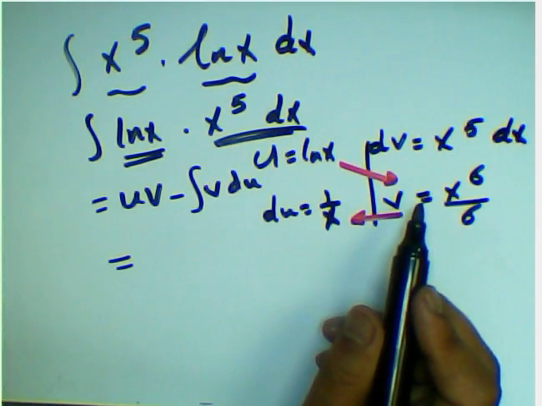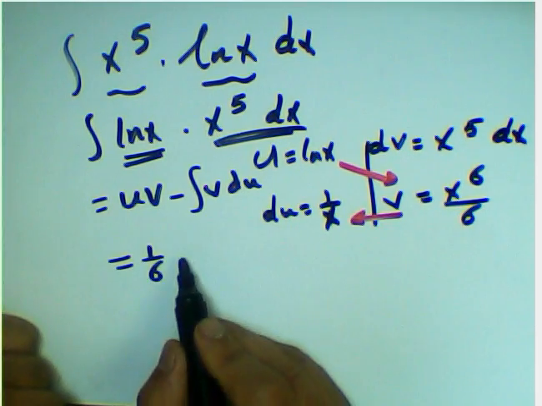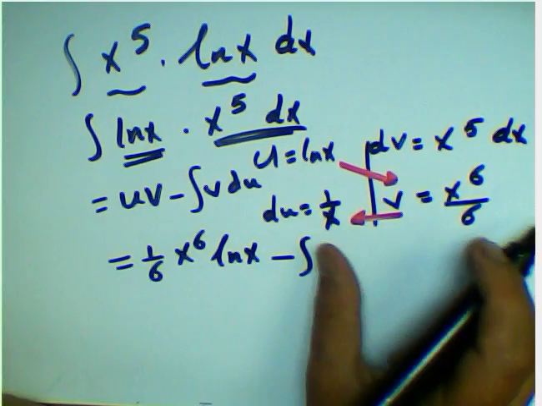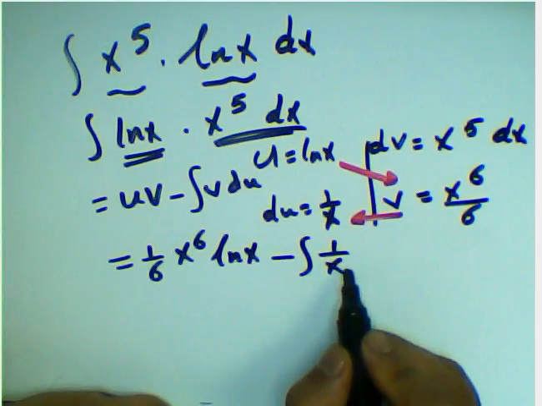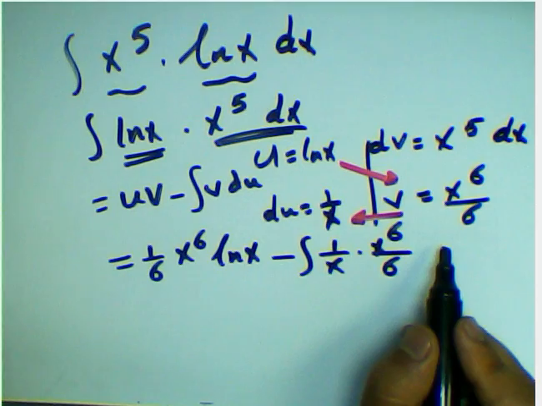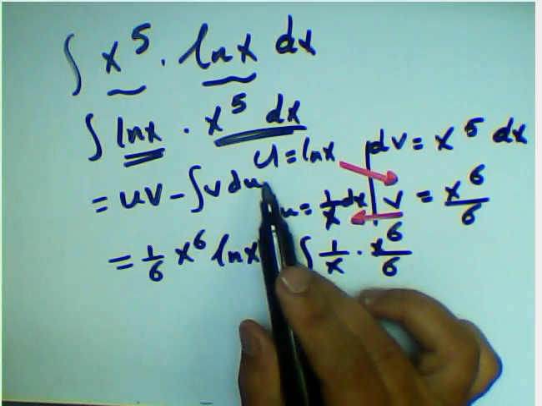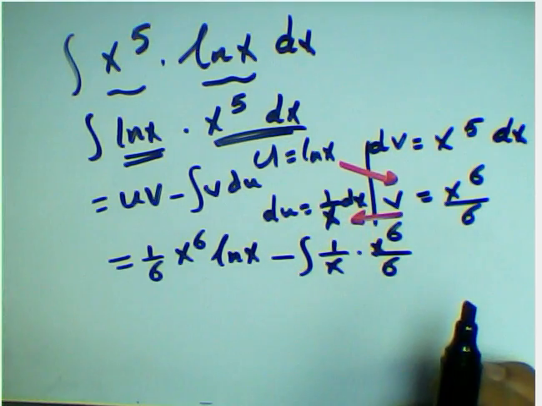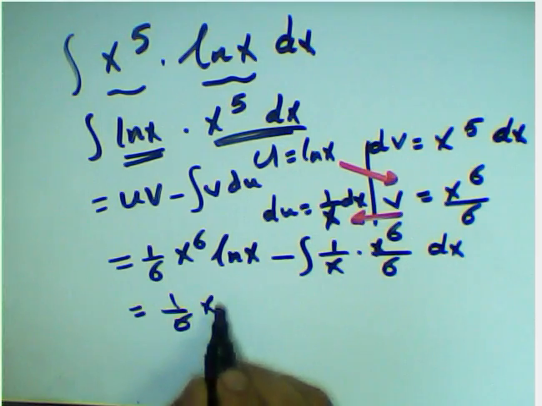ln x multiplied by 1 over 6 x power 6 gives 1 over 6 x power 6 ln of x, subtract the integration of the multiplication of the two functions: 1 over x multiplied by x power 6 over 6. And du will be 1 over x dx, because we take the derivative of u. Write dx here, and then write the result: 1 over 6 x power 6 ln of x,